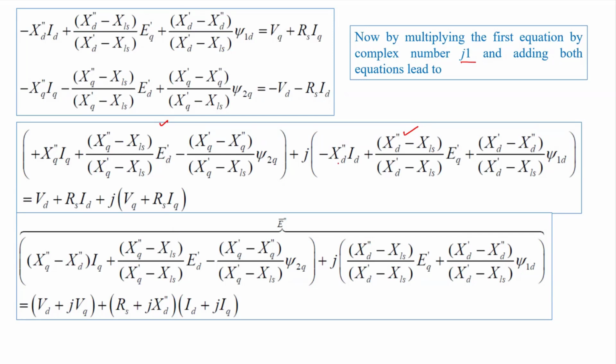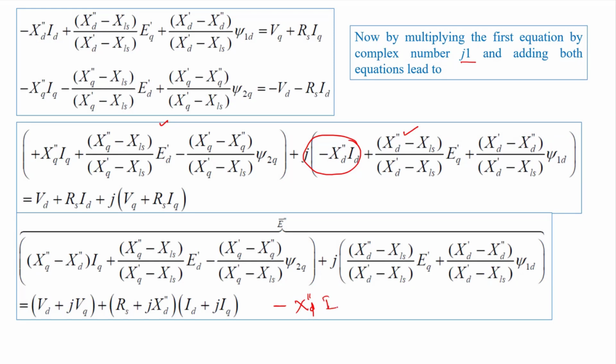We will bring jxd double dash, this part, to the right hand side, and we'll add jxd double dash here and also subtract jxd double dash. Just by doing a little manipulation we'll get this equation. Manipulating the real and imaginary parts, we'll get (Vd + jVq) = (Rs + jxd double dash)(id + jiq), right? So here we are adding a term, that is known as minus of